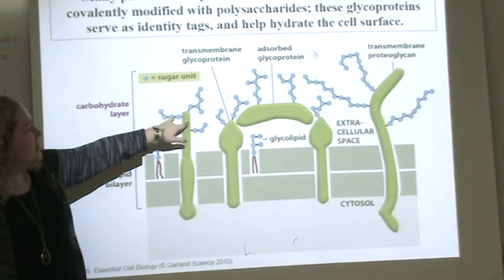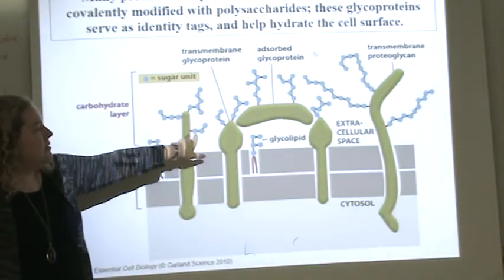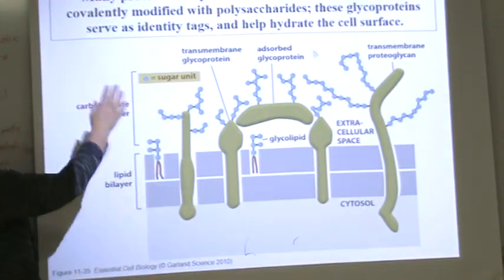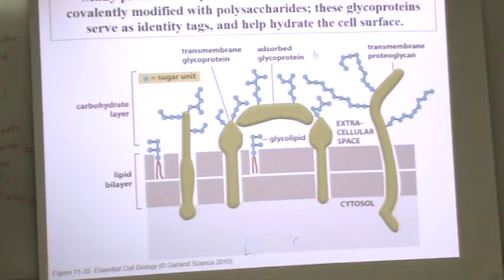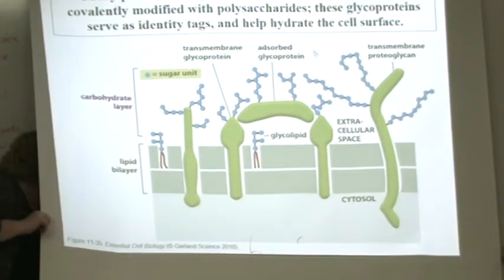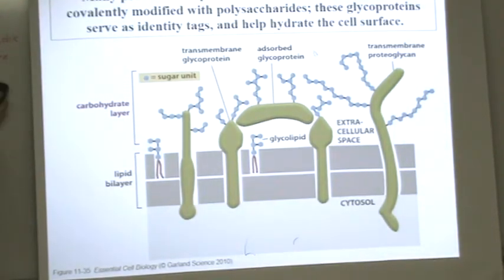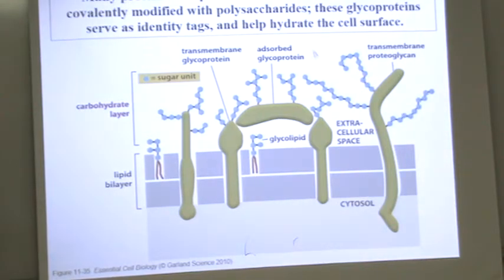There could be sugar modifications on the proteins that are touching the extracellular space. And all of this together is the carbohydrate layer. It makes the surface of the cell sugary. So we have a sugary surface,